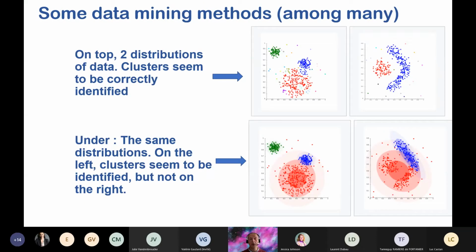This is just to give you a glance at some data mining methods. On the top picture, you have two distributions of data in 2 dimensions, the clusters. The machine wanted to detect clusters because very often clusters can show normal data. And what is out of clusters may be something abnormal. So in the upper pictures, apparently, the clusters have been recognized in a sensible way. Underneath, with another method, some clusters have been...